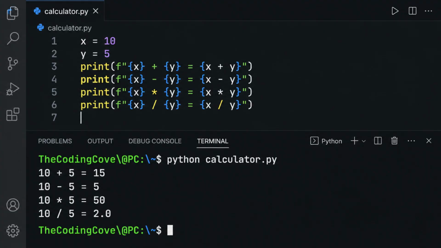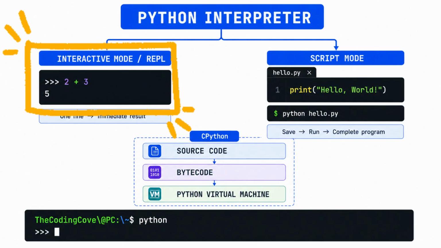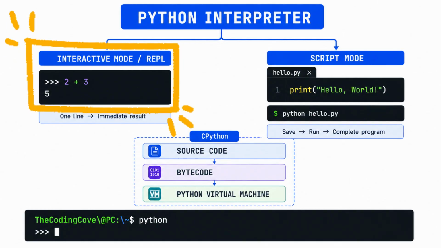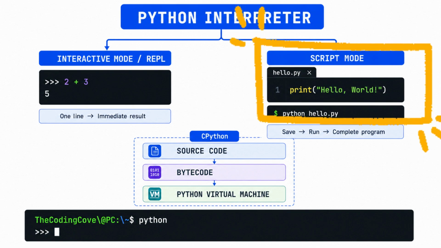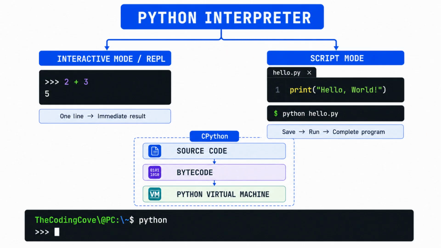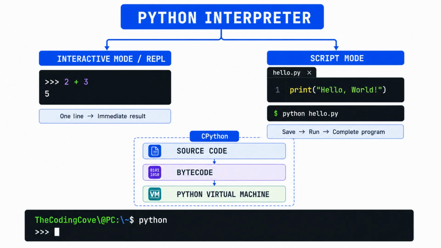Let's quickly recap. The Python interpreter is the program that executes Python code. Interactive mode, also called the REPL, lets you enter code one line at a time and immediately see the results. Script mode lets you save your Python code inside a .py file and run it as a complete program. And behind the scenes, CPython compiles Python source code into bytecode, which is then executed by the Python virtual machine. So the next time you type python, you know that there's much more happening behind that command than it might